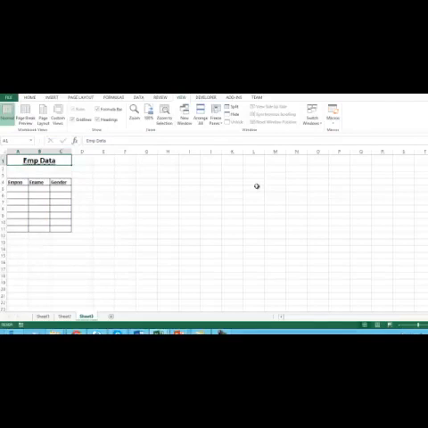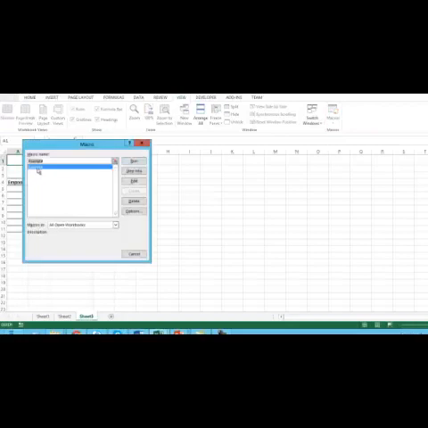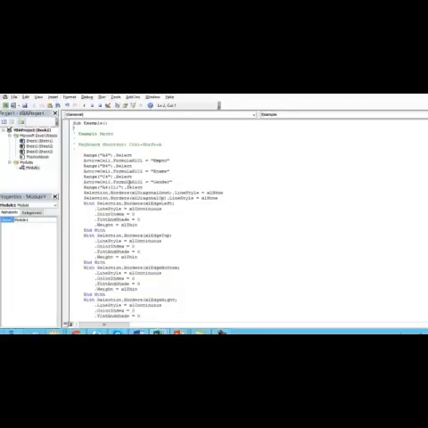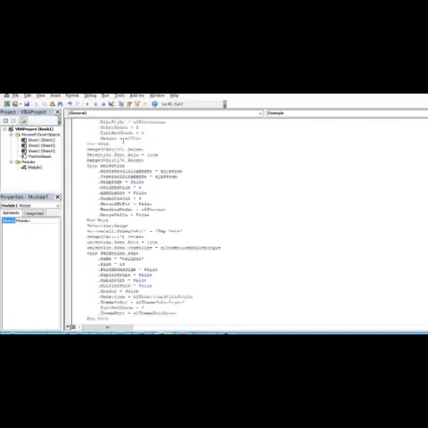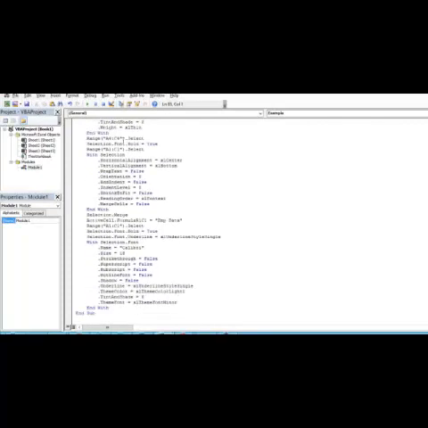But we need to understand what is exactly happening in the back end. To understand that, you can go to Macros, View Macros, and then select whichever macro you want. As of now we have only one macro, so you can just select that. You can click on Edit. Now the code you are seeing on the screen is the code related to the format we have created.